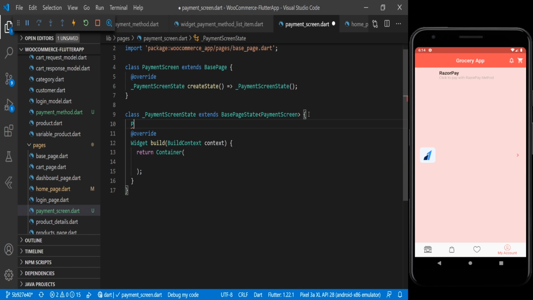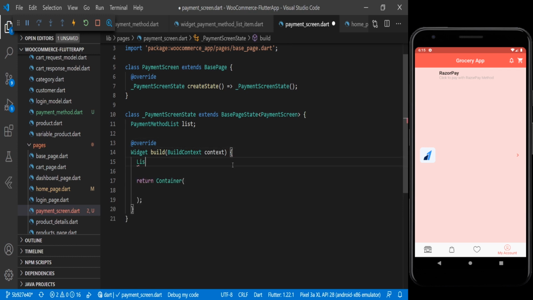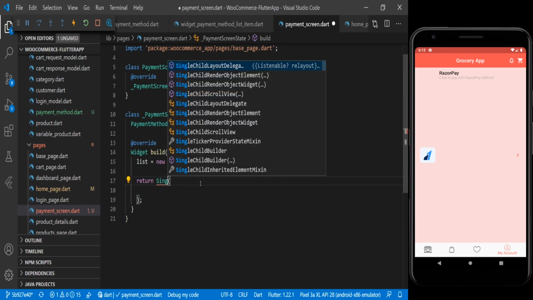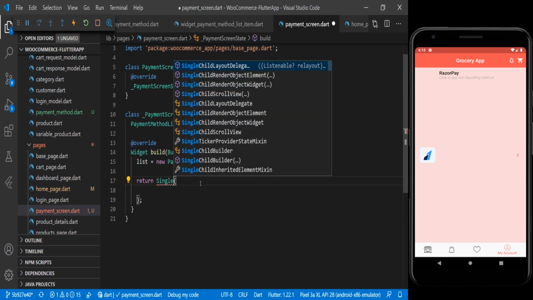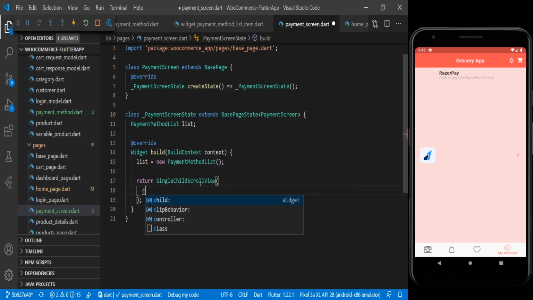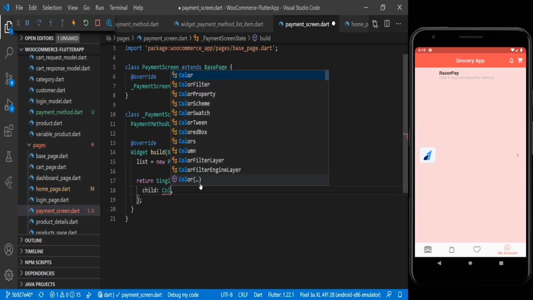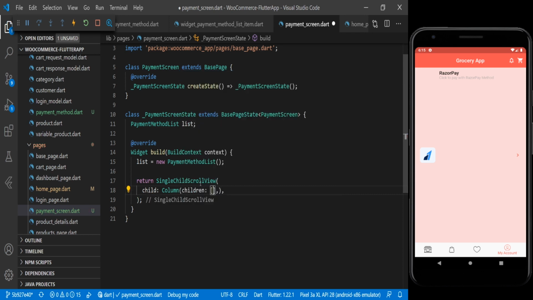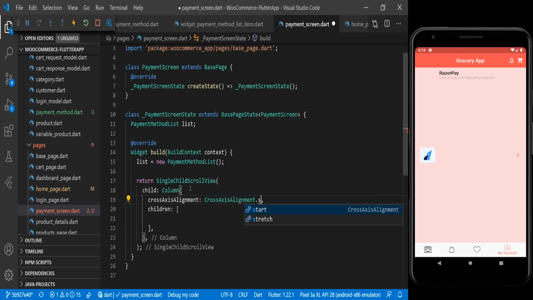Here we will write PaymentMethodList, and here we will initialize list equal to new PaymentMethodList, and here we will return SingleChildScrollView. Inside that child we are using a Column widget, and here we will have crossAxisAlignment, and we are using .start.